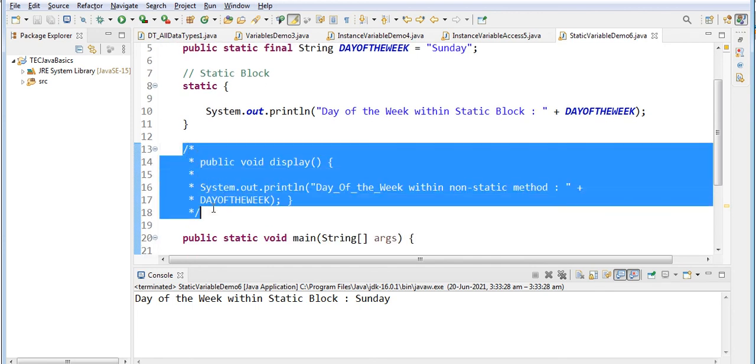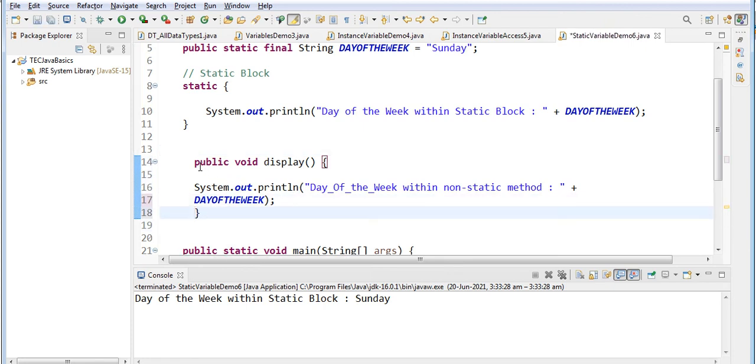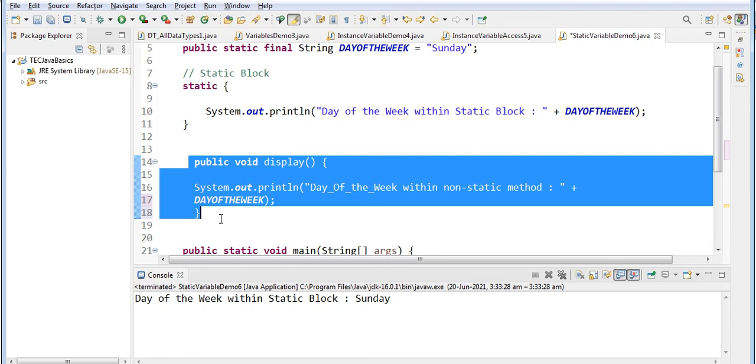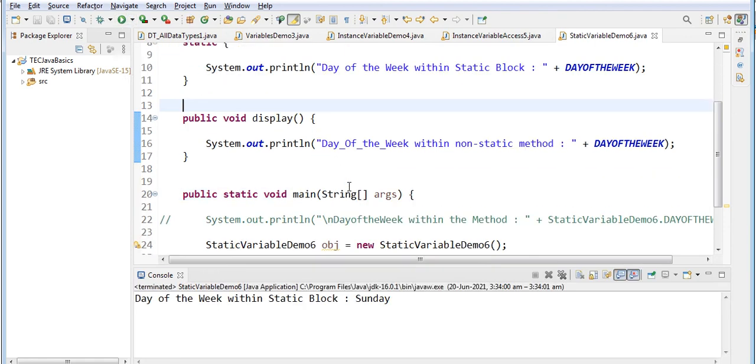Next one, I am going to use a method, which is a non-static method, right? This is a non-static method, and I told you the instance variables can be accessed directly. Similarly, let us see what happens here.